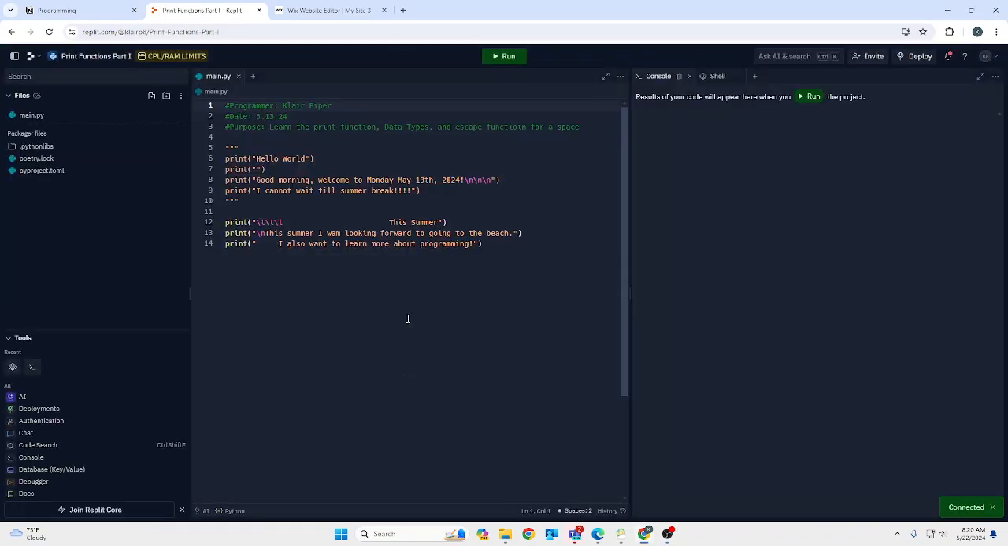Within print functions part 1, we just had a whole bunch of different print functions, and we started off by adding programmer, date, and purpose, so we had it labeled. We added a whole bunch of print functions to print the text when we click to run. So we have hello world, and then we have good morning, welcome to Monday, May 13th, 2024, and we have these slash n, so there's spaces in between this next print function. As you can see when I run it, there's that space right here, so it goes on to the next line,